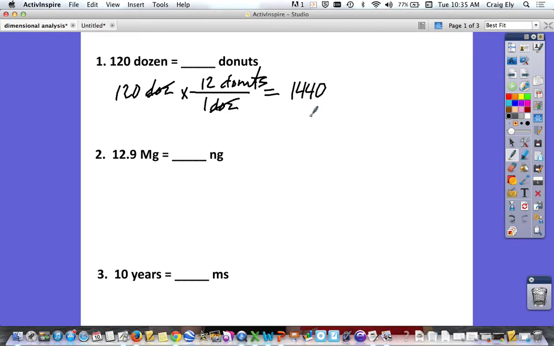okay? Easy, right? The only problem is I've got 2 sig figs in my original number. I got 4 sig figs in this number, so I need to work this out to where I only have 2 sig figs. I can do one of two things. I can either round, or I can use scientific notation. In this case, you kind of have to do both. So I can round this to 1,400, or I can use scientific notation, which is probably a better thing to do,